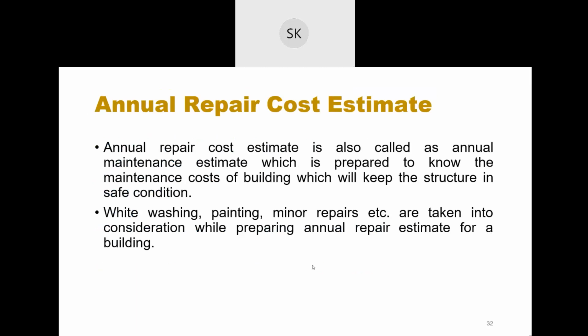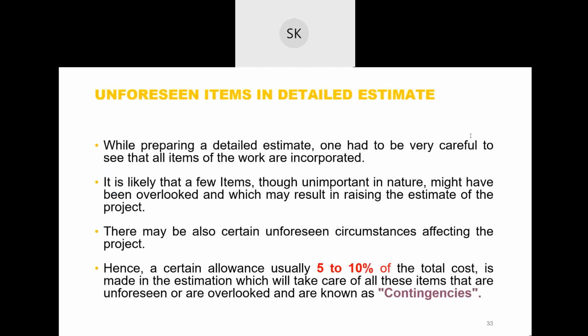See, I won't repeat. So if you have any doubts, ask me at that point of time. Okay. It's not easy to go back. So, unforeseen items in detail. What could be the unforeseen items in a detail estimate? So they have mentioned,